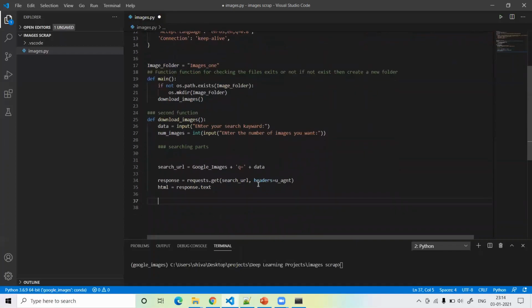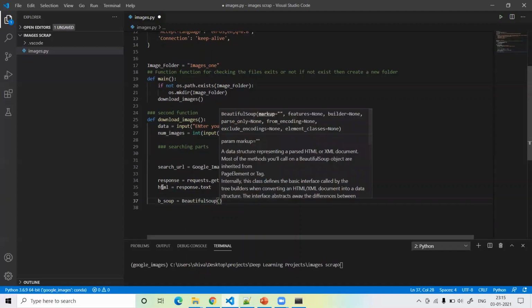After that, we have to define the classes, in which class we have to scrape our data set.